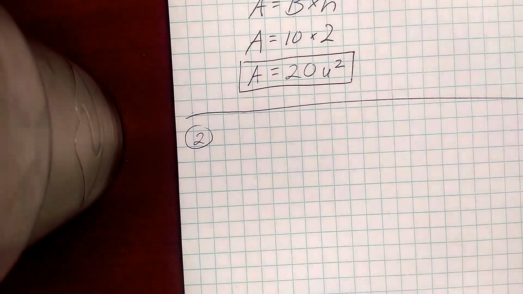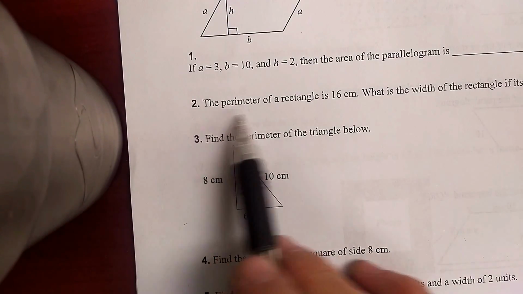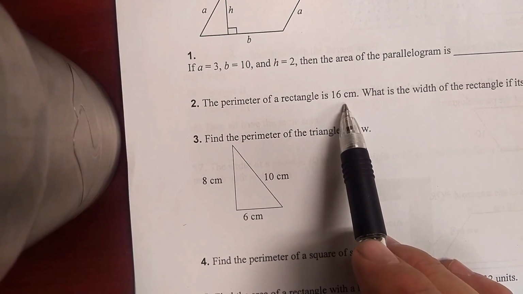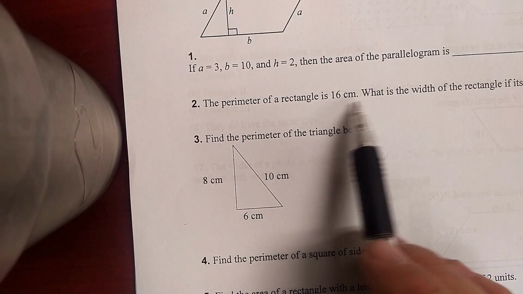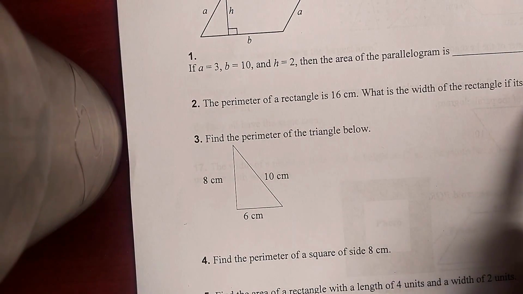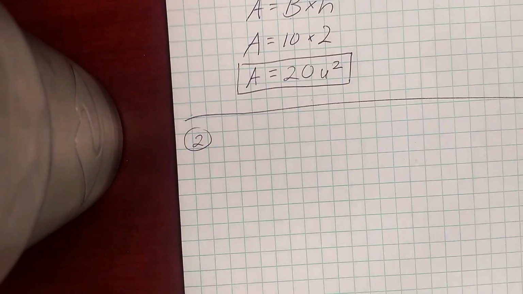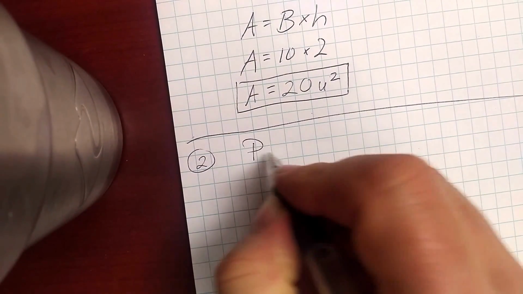For number 2, they tell us that the perimeter of a rectangle is 16 centimeters. What is the width of the rectangle if its length is 5 centimeters? So when we have perimeter,